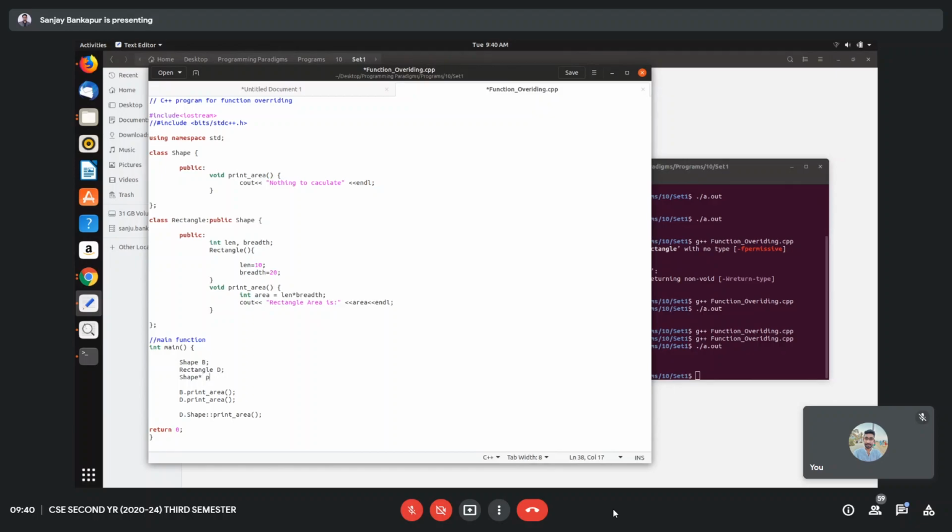base class, some ptr, I will say ptr. Okay, and ptr will point to the address of d. So is this clear, students? Any doubts, please ask so that I can